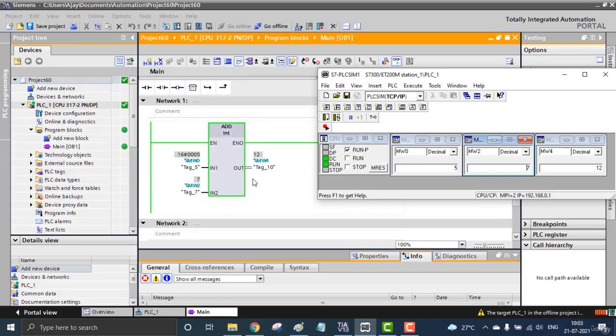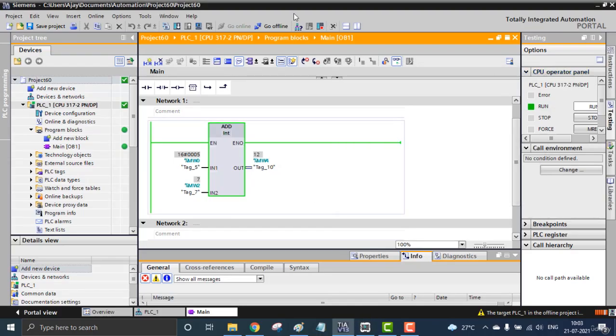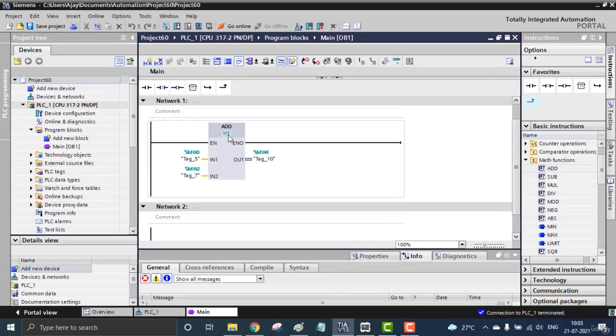So let's see, we are going to add the real numbers. Real numbers means floating point values. So I'm exiting from here and going offline, and the integer I'm going to change into a real. In the real you can see these tags are in red color.